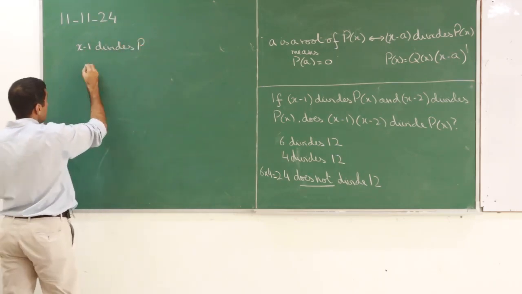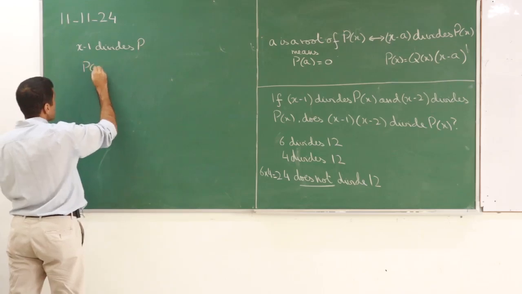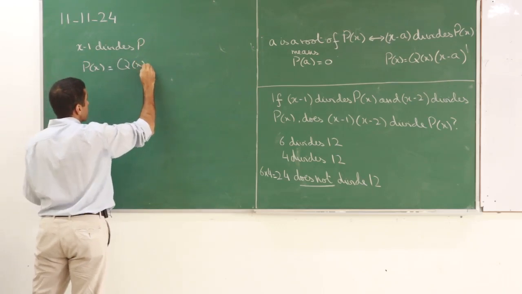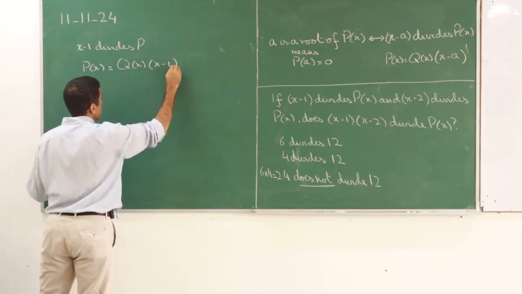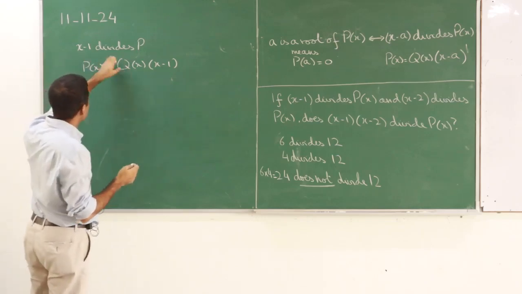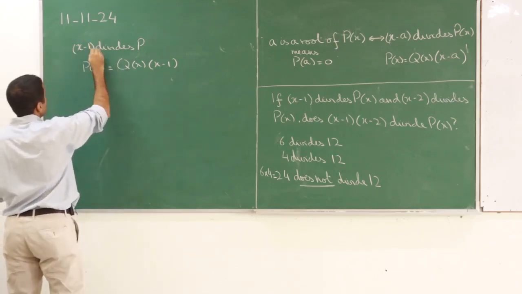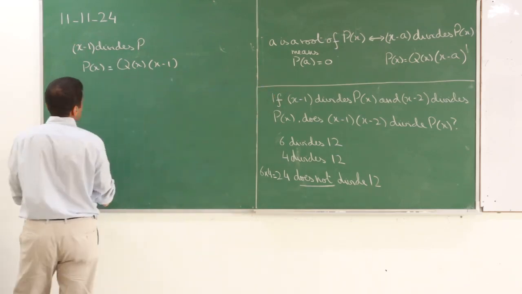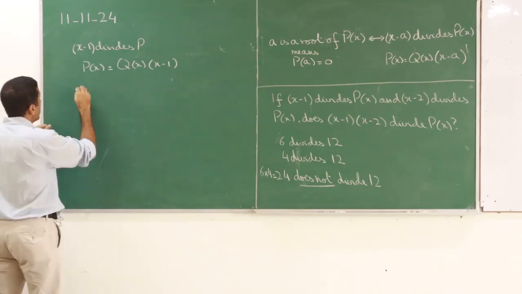So if x minus 1 divides p, this means p of x is equal to some quotient q of x into x minus 1. That's what it means that x minus 1 divides p. So what it means is that this by that has to be true. Now I say,